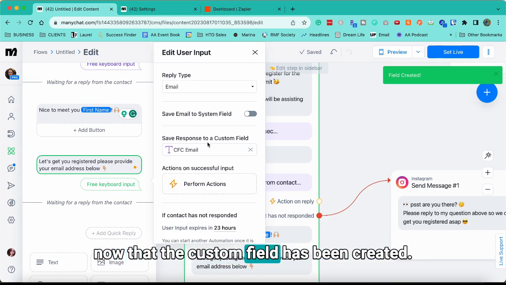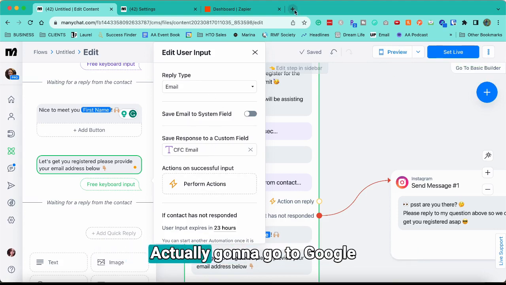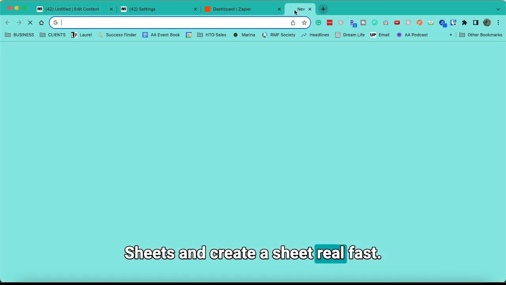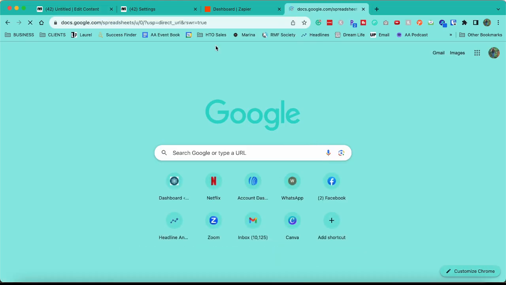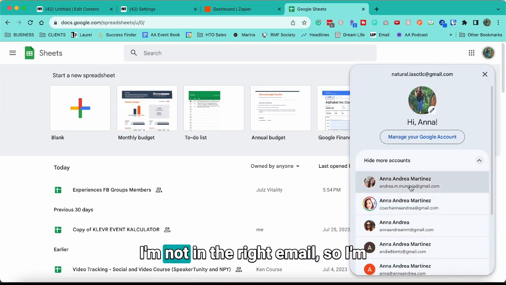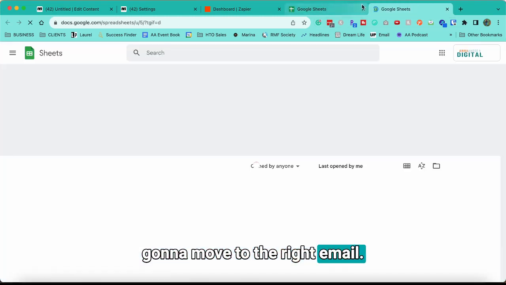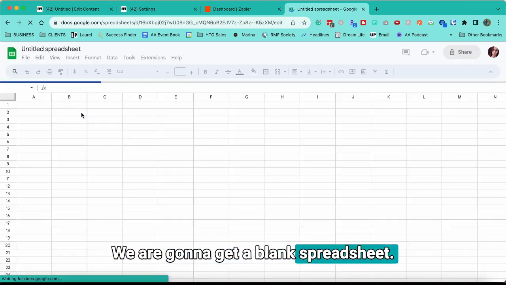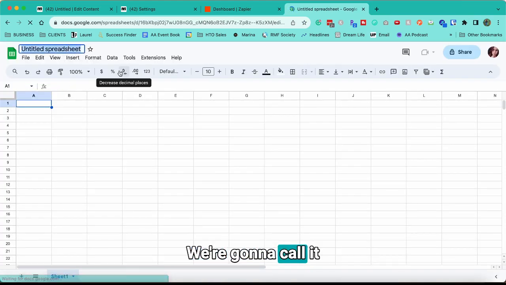Now that the custom field has been created, I'm actually going to go to Google Sheets and create a sheet real fast. Make sure you're on the right email. In this case, I'm not in the right email, so I'm going to move to the right email. We're going to get a blank spreadsheet. We're going to call it